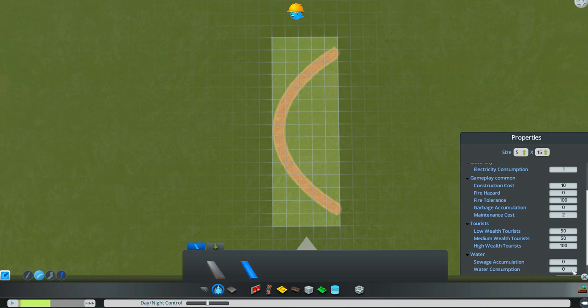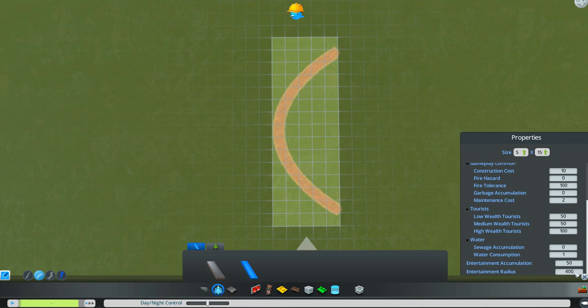Oh, water 1. Entertainment is fine. And 800 for entertainment radius. There we go. Okay, so now this one is finished, but I can add some other things into it